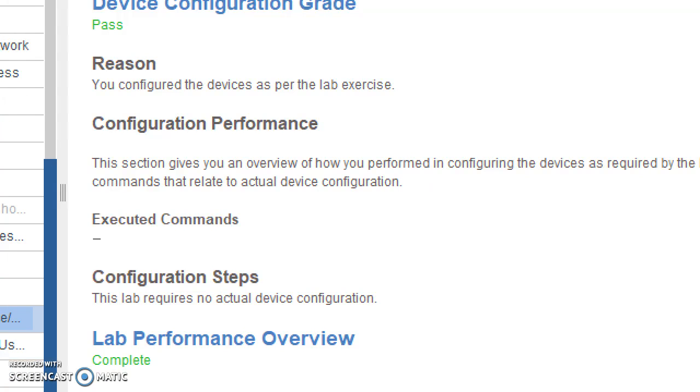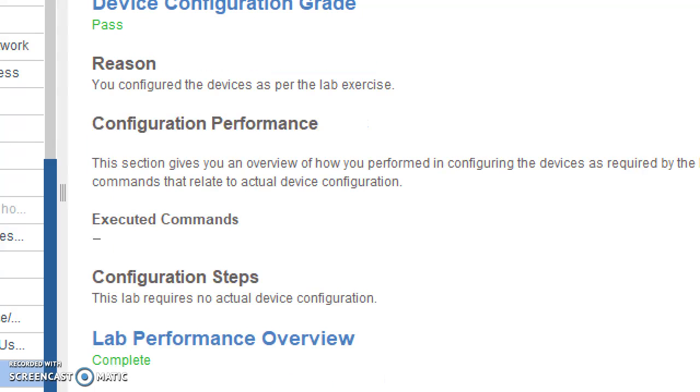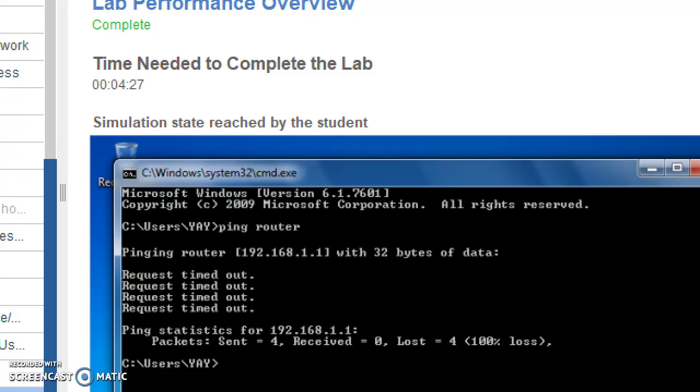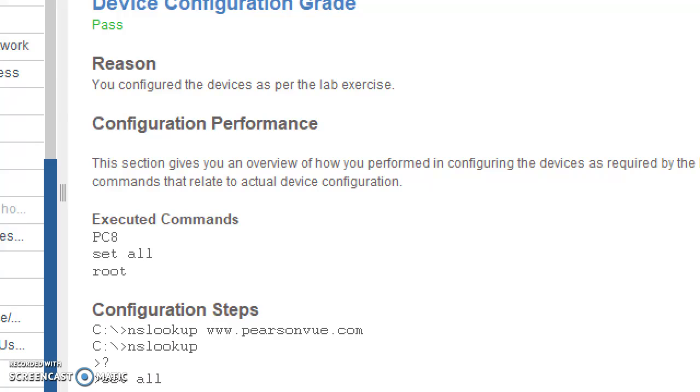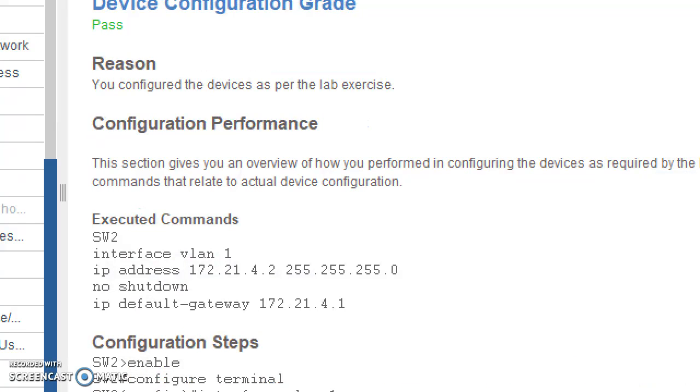Manually configuring wireless signals on a small office router, configuring a home office router network user security settings, troubleshooting practice, configuring host name resolution on a workstation, using NS lookup for DNS troubleshooting, and DNS troubleshooting simulation, configuring an IP address on a switch with the default gateway,